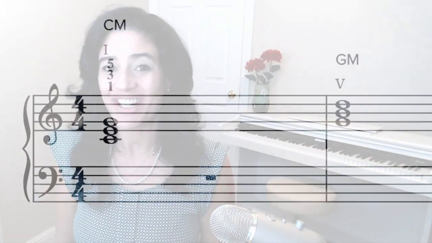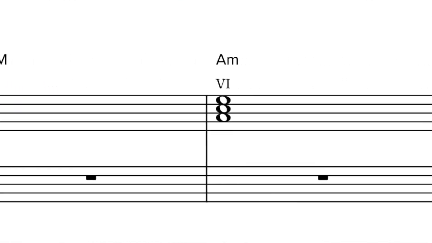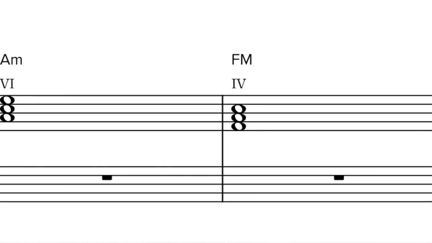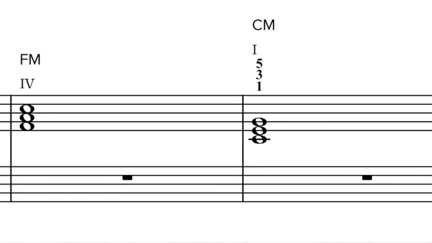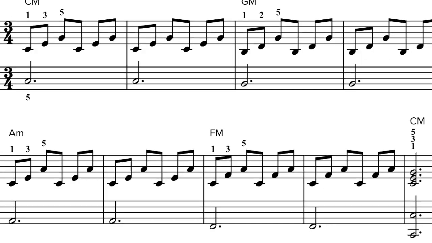In today's lesson, we're learning easy chord progressions in C major with beautiful patterns for 2021. First, we'll look at how each chord is formed. We'll begin with the chord progression C, G, A minor, F, and back to C major, also referred to as 1, 5, 6, 4, and 1. The two beautiful patterns we'll be looking at today are the split chord and the broken chord.